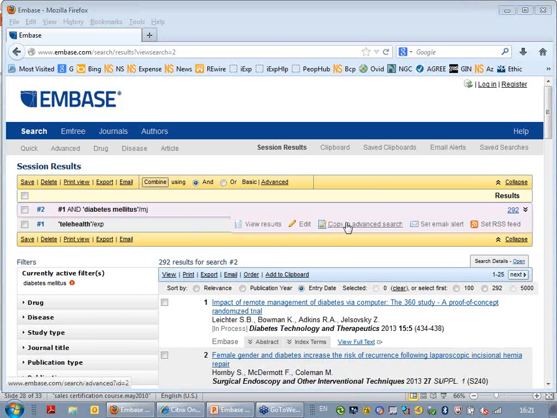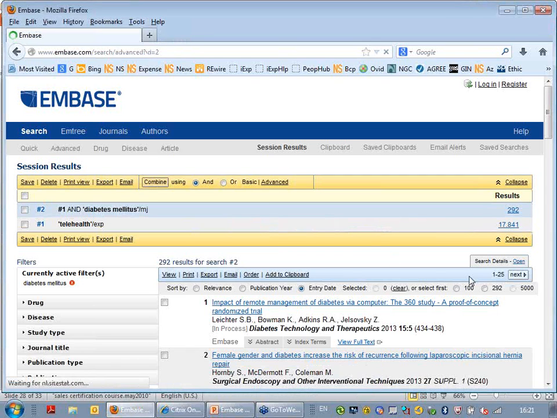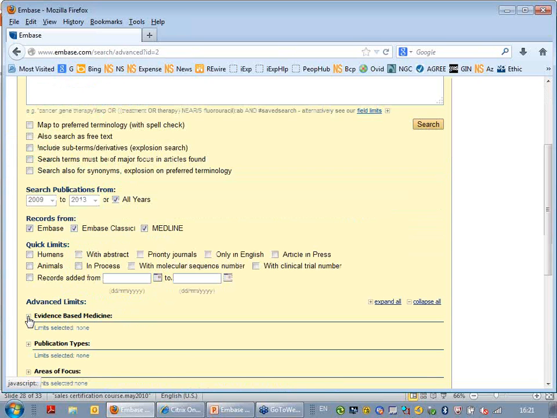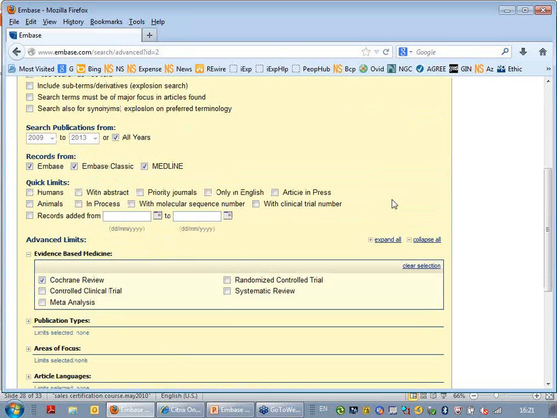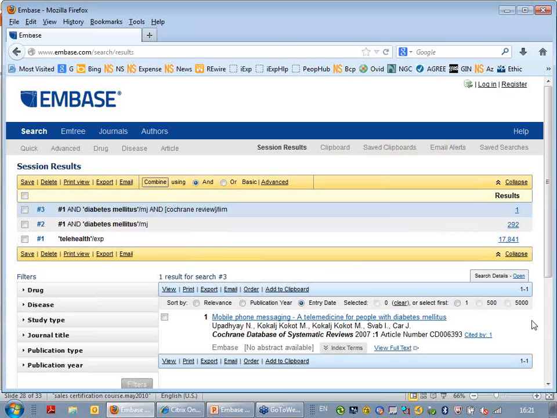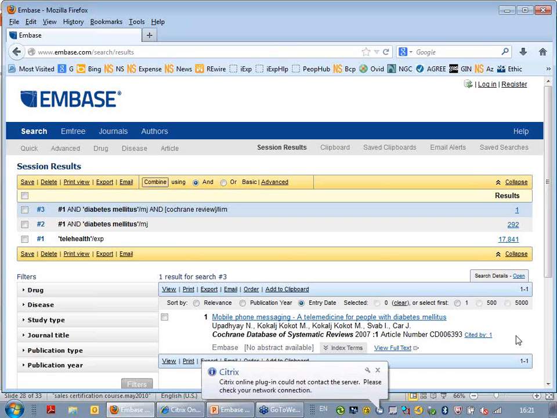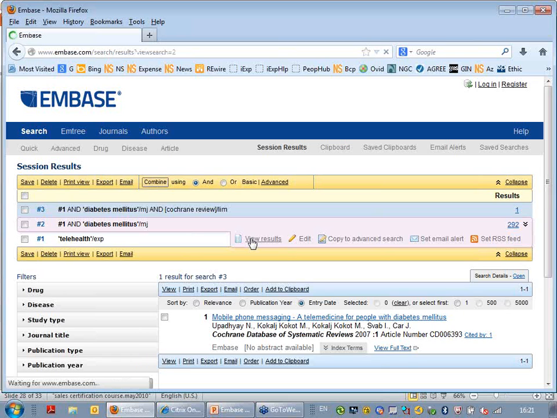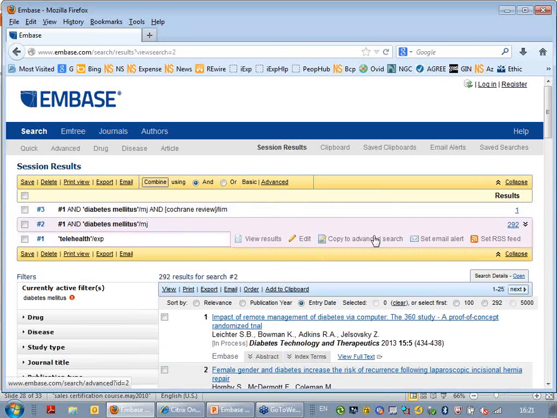Now, we can then copy this search to advanced search. And the reason I want to do that actually is to pick up this evidence-based medicine advanced limit that we looked at before and select on Cochrane review. Now, in the question, I indicated there was a Cochrane review in 2007 because I obviously did this in preparation. But in doing this, you could confirm to yourself when a Cochrane review has last been written, and there it is in 2007. What we can also do, we can come back to this diabetes mellitus search, number 2, and